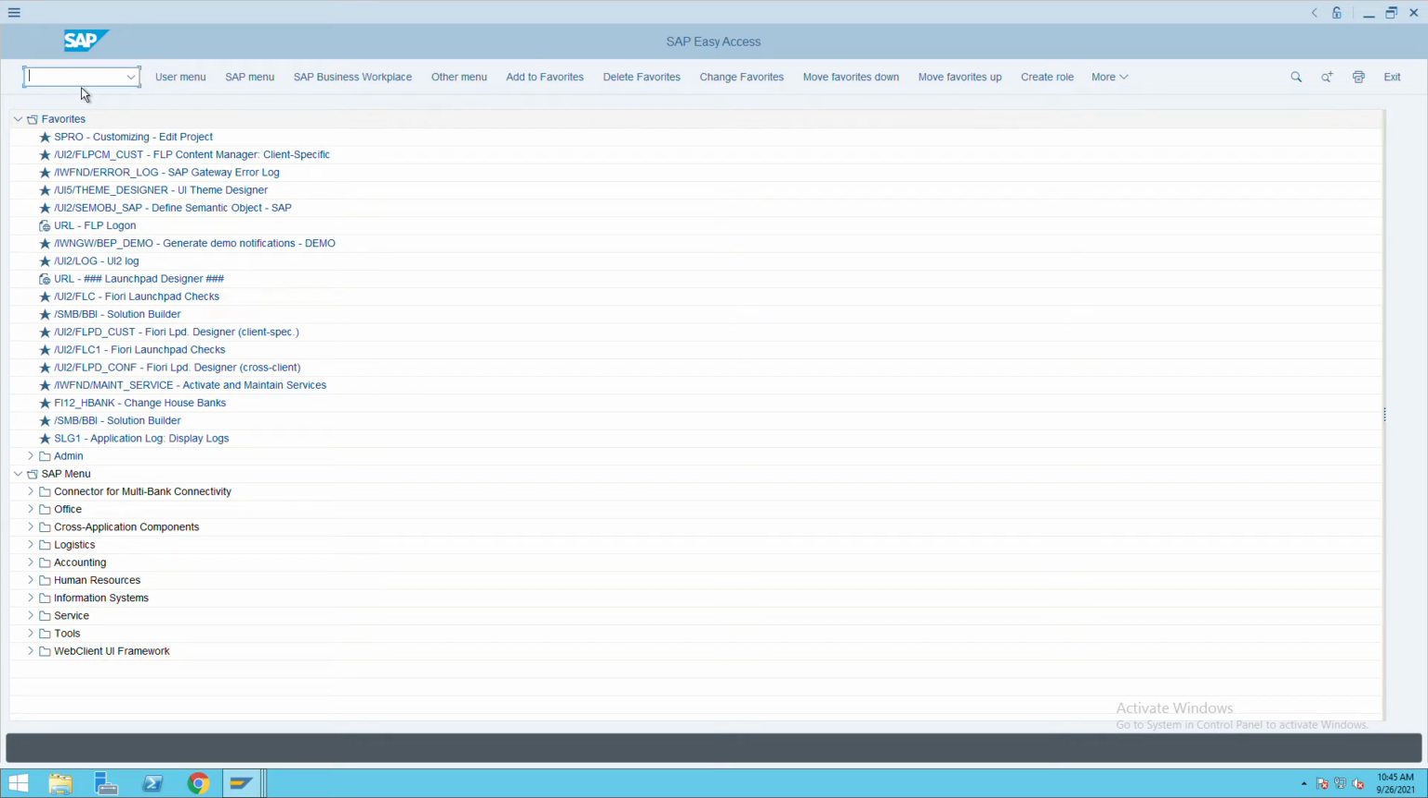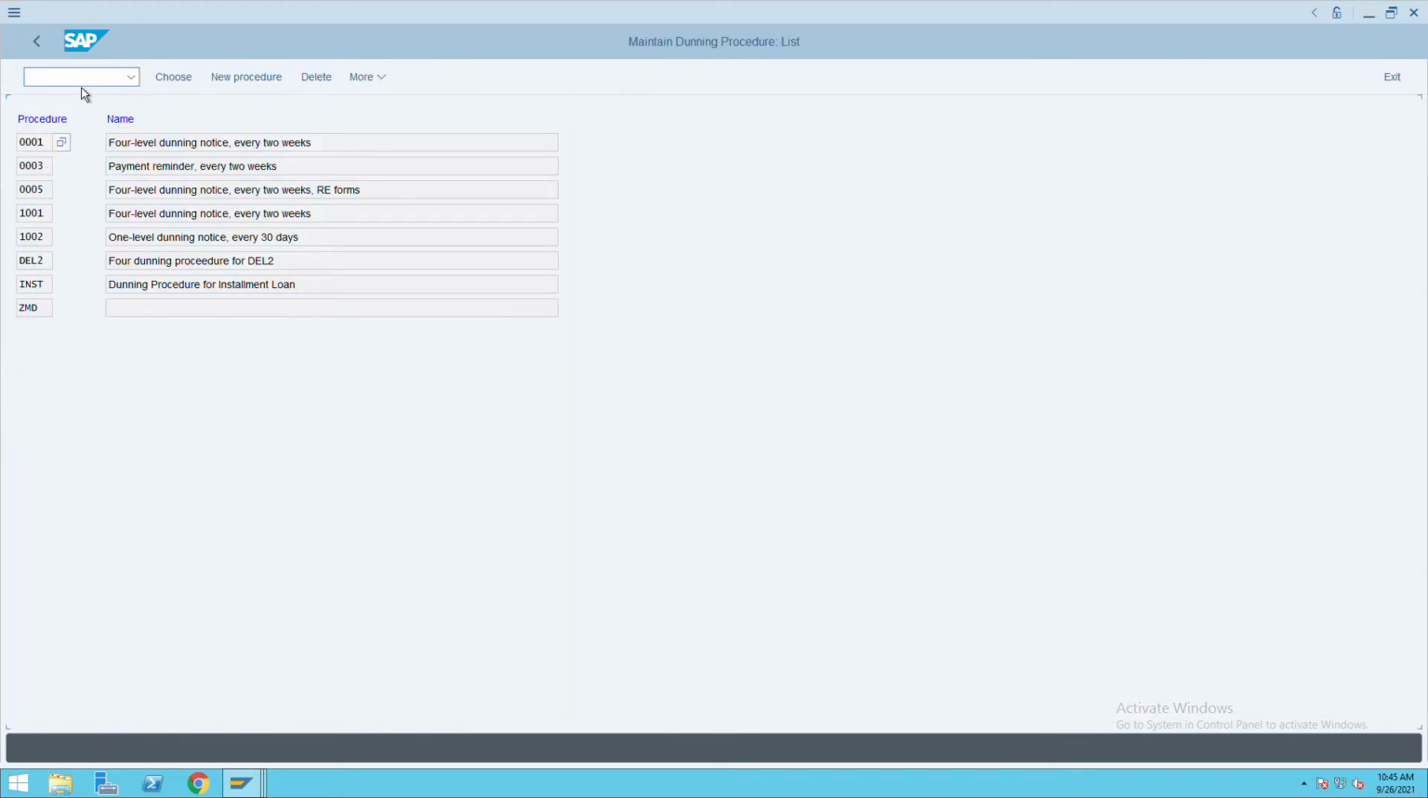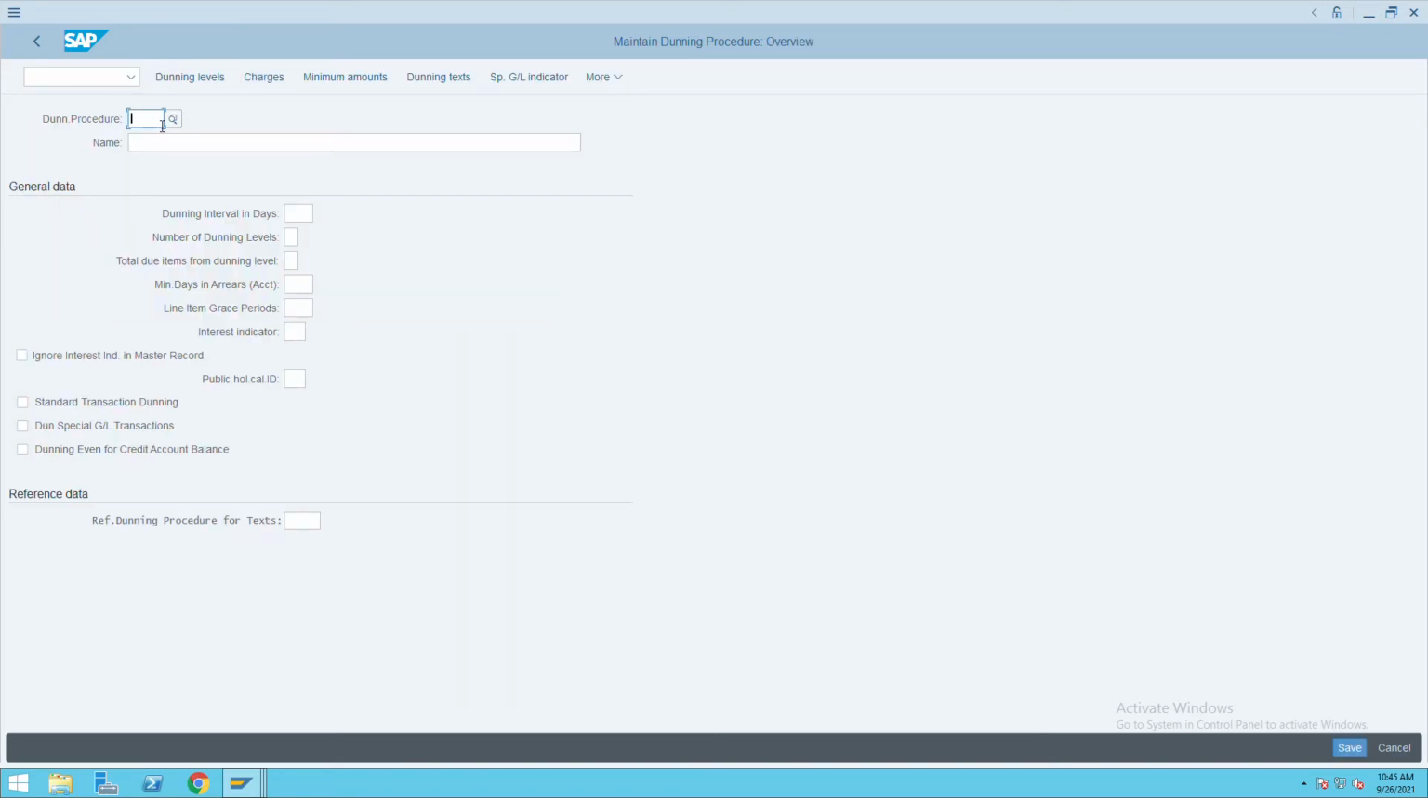How to create a dunning procedure in SAP. For that, we'll go to transaction code FBMP, and here you can select the standard one and make the changes as necessary, or else go to new procedure and give the dunning procedure details here. So I am giving the dunning procedure as ITC1 and dunning as ITC dunning